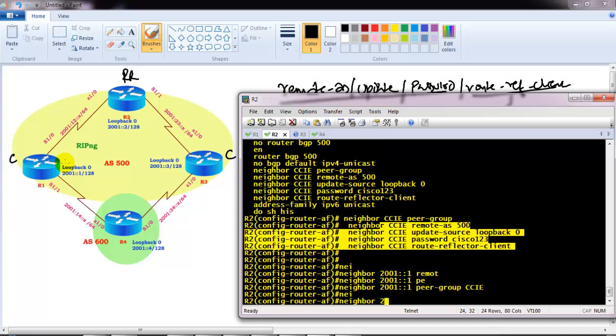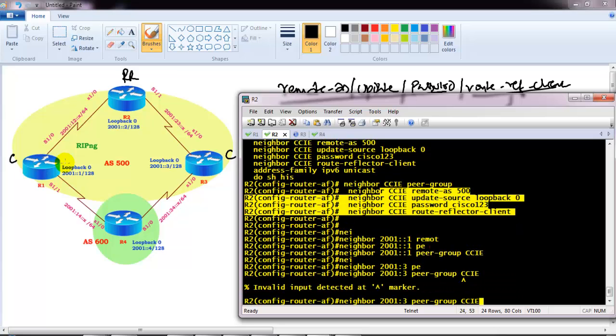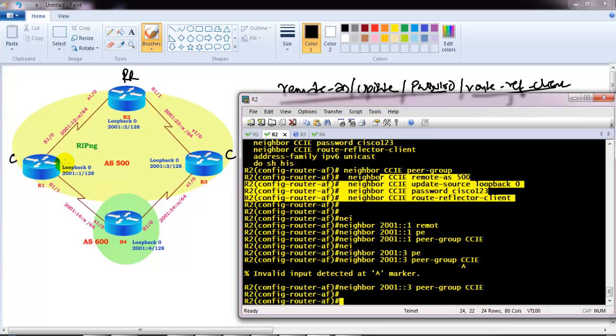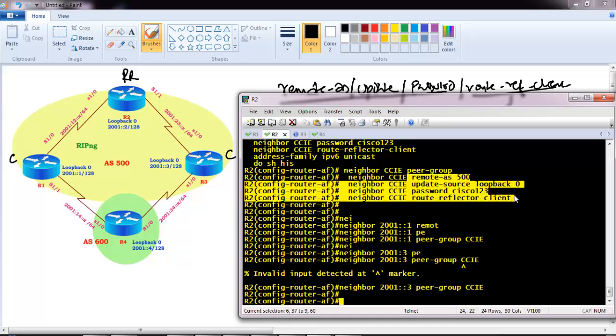And in a similar way I'm going to configure the other neighbor, peer group CCIE, for 2001::3, so I have given just 1 colon. Now when I say peer group CCIE, automatically this neighbor will be applied with all the 4 commands which we want to apply.